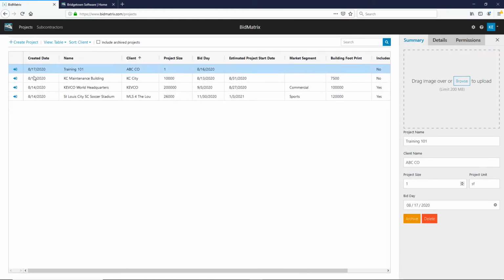So when I first come into the product, if you don't have anything set up yet, you may or may not have any projects set up. So right now we're under this button up here at the top for projects. So projects will show me whatever projects are already built in the system. Most of their system is a kind of a grid look.